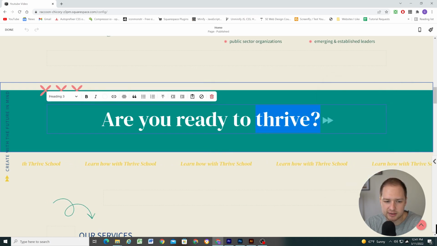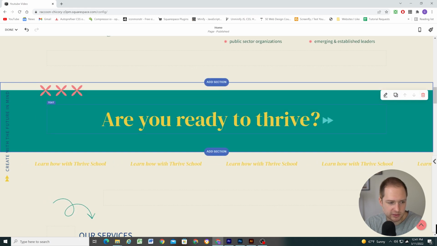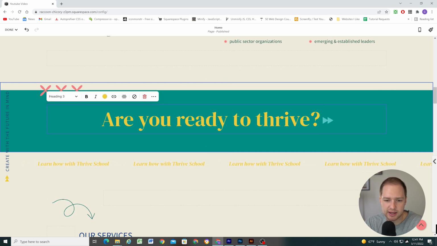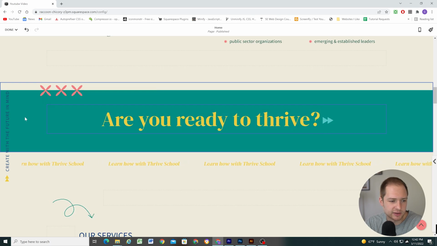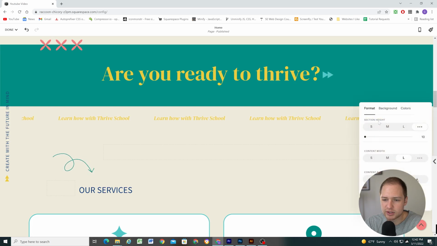This is just text in a text block. I believe that was yellow in the mockup, so I'll just make that change really quick. So again, really simple section here. And I'm using a little CSS to add this arrow after the text, but this is just text in a text block. The next section here, I've just changed the section height all the way, done a custom height of 10,